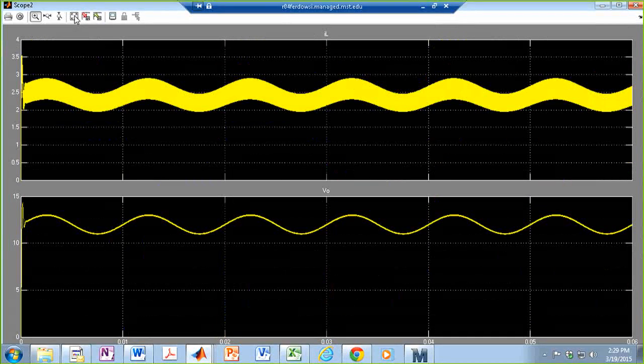Okay, so you can see that both these simulations that I ran are actually open loop. I haven't closed the loop yet. In one of them, the reference for the inductor current was constant. In the other one, the duty cycle is kept constant. As you can see,